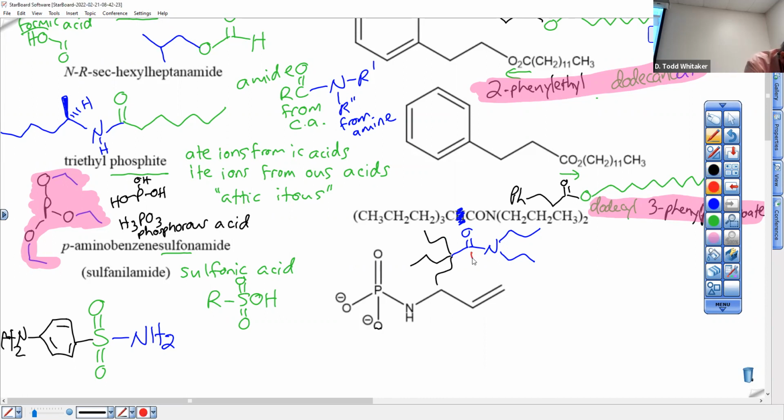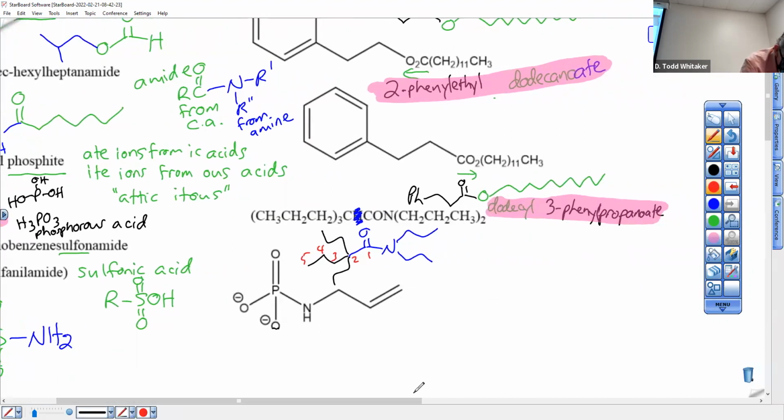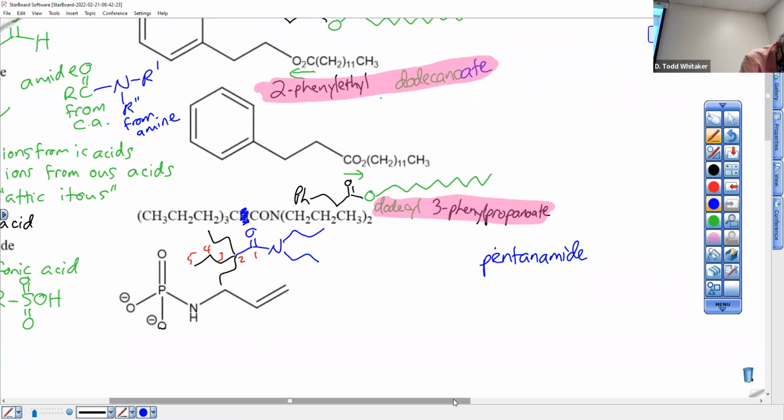So the longest chain with a carboxylic acid, it's a pentanamide. How do you know it's a pentanamide? Well, previous example says you change ic acid to amide. Ic acid becomes amide. I'm just going to write that down. Pentanoic acid. Oic acid became,